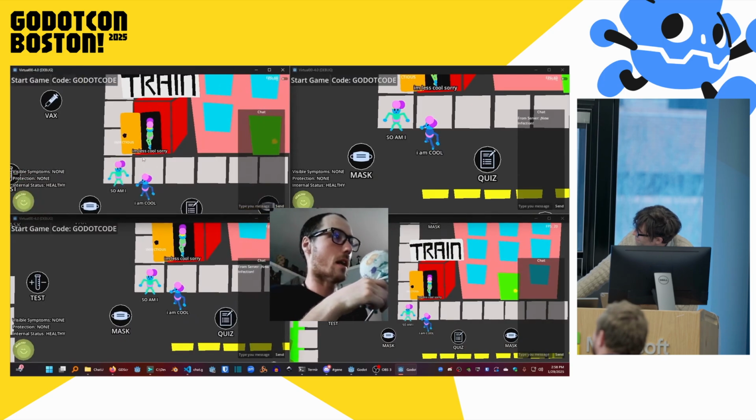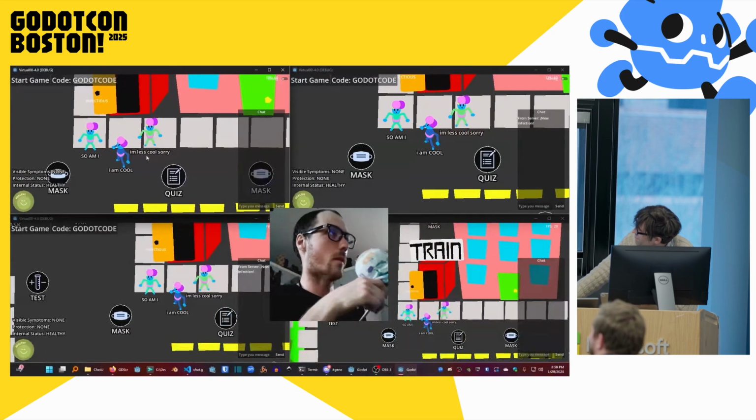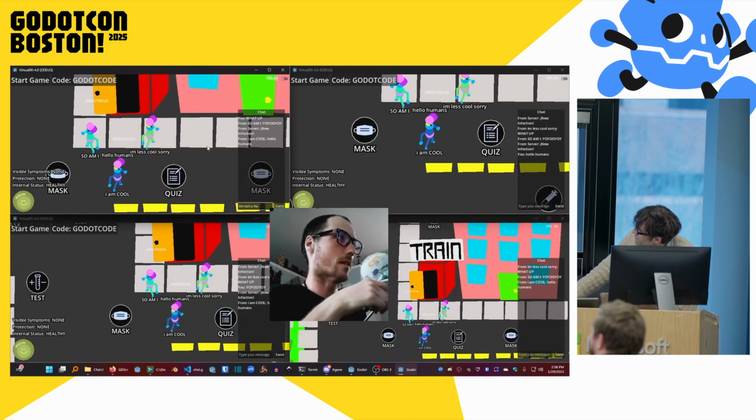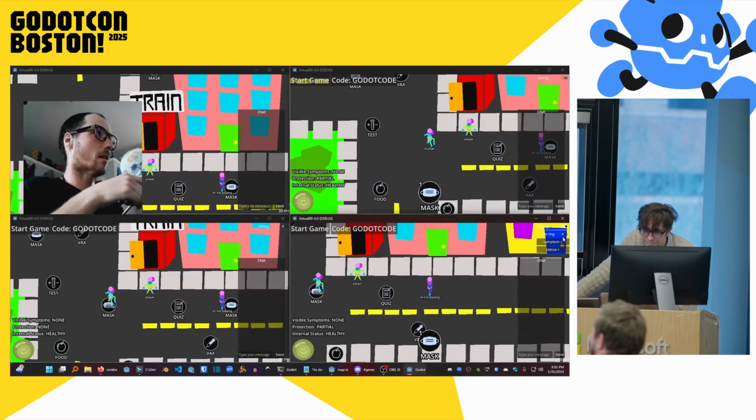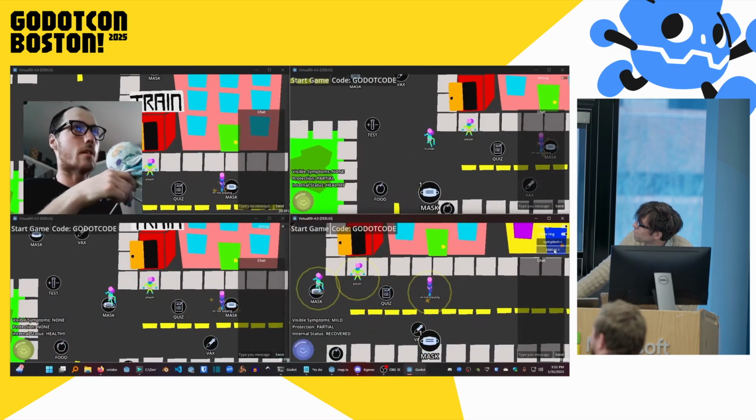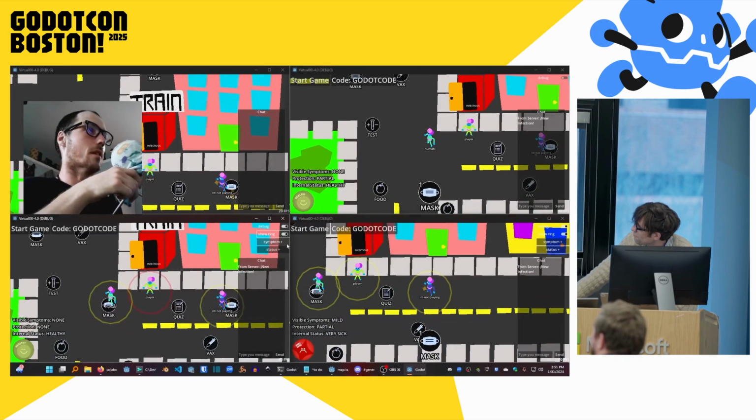This person's name is I am cool, the other person's name is so am I, and the last person to join is I'm less cool, sorry. You can see their names under each player. This update has a little debug menu where instead of using random key lines assigned by me, you can interact with this user interface to debug the game, and that means changing your contagion